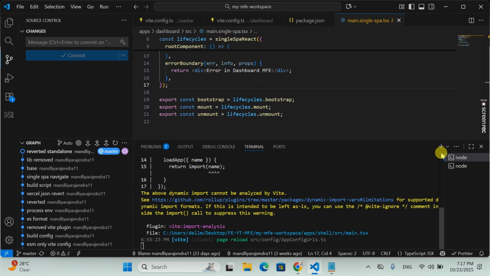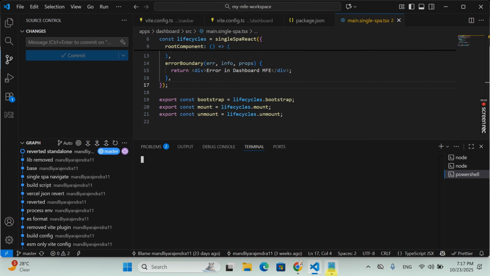So in this video we are going to deploy the multiple microfrontends and cover the routing issue, the 404 issue and the CORS issue we are going to resolve, and we are also going to resolve the CSS plugin issue in the Vite deployment